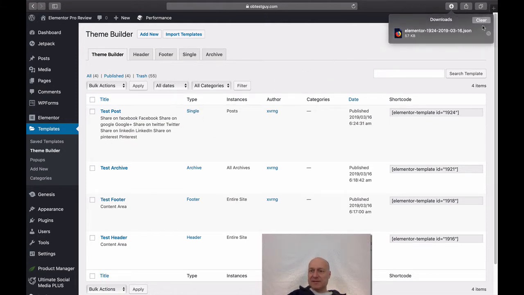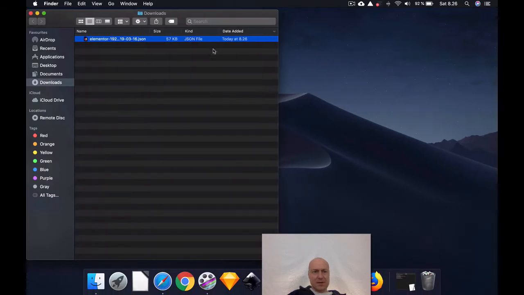a special file is downloaded to your computer. So in my case, this particular template file is being downloaded as a JSON file. Now, what is a JSON file? It's a special format where your template is being described. You really do not have to know anything about this unless you are a developer. But if you are not, you do not have to worry about this JSON file format. Just wanted to demonstrate that when you export